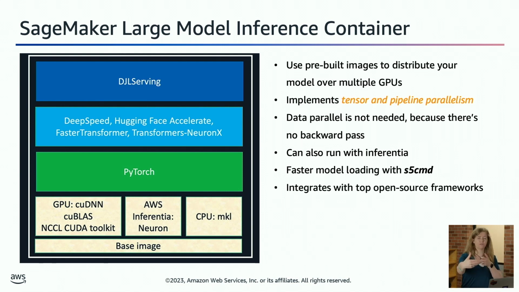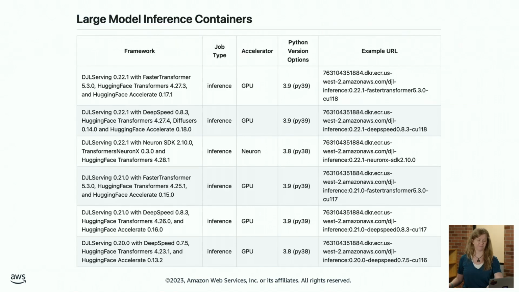And then we'll put all of this inside of a serving environment that lets us easily host that model and host distributed models. And so the large model inference container also includes faster loading, because the models are quite large. Some of the largest are actually multiple hundreds of gigs on disk. They're quite significant beasts, and so we want to use faster model loading to easily load those. And so this, again, is a managed container that you can use to host large models on SageMaker.